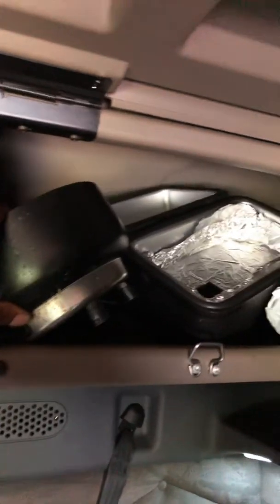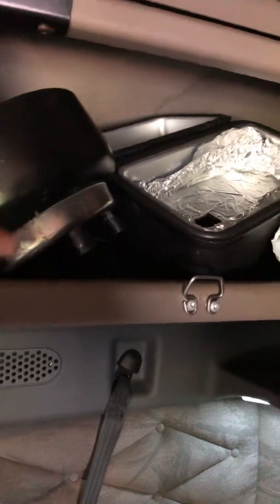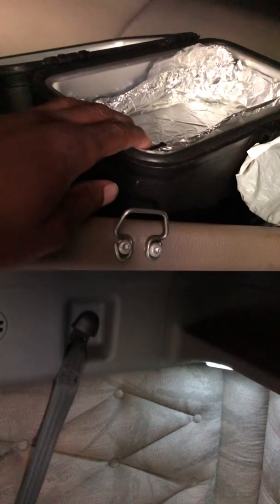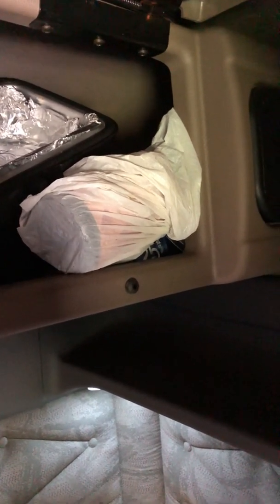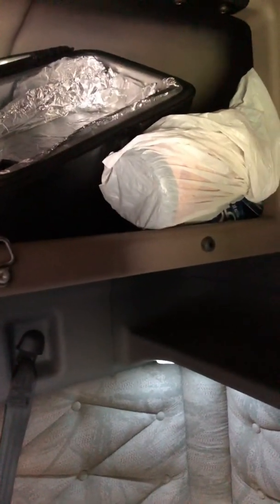So I did invest in a saucepan that you can cook your noodles and everything in. This thing pays for itself. And then also, I guess you'd call it an oven. I line it with foil, put my food in it, cook it, and then once it's done, for easy cleanup, I just remove the foil and clean the inside, but it pretty much pays for itself too. It comes in handy, especially if you want to make noodles or anything. Now, moving to the outside,